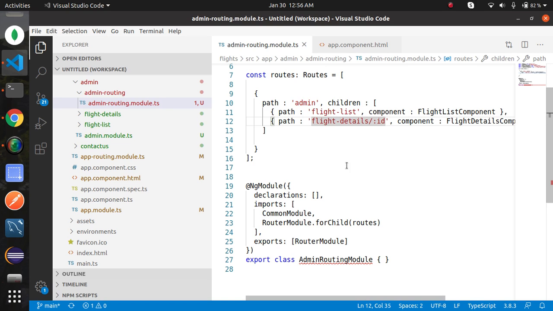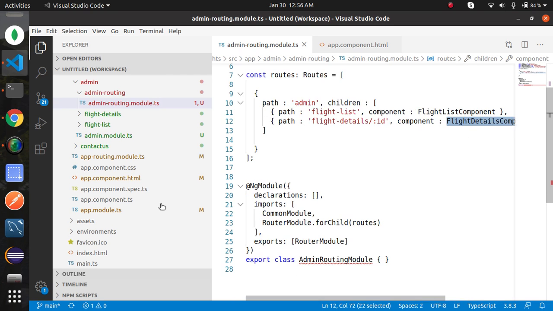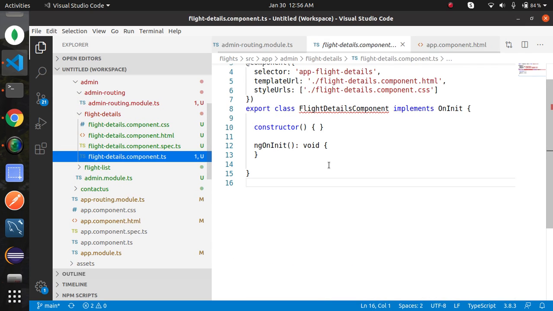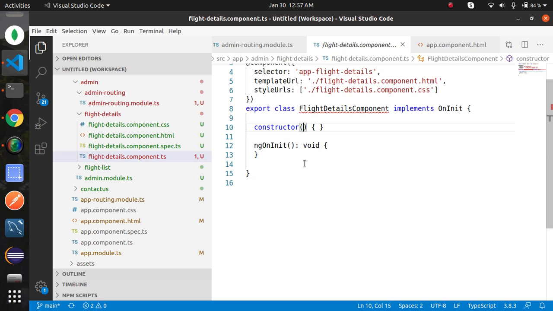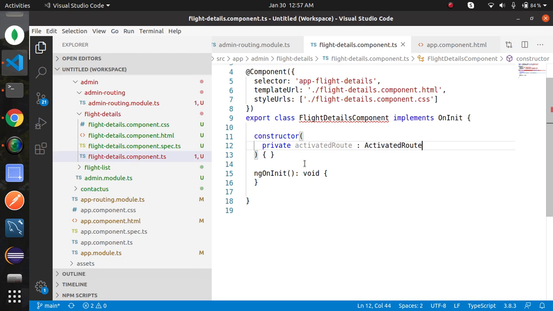Now move into the component section of the flight details component. Open the flight details component here, and there is a feature called activated route. Use that feature to fetch the value of the routing parameter. Private activated route.